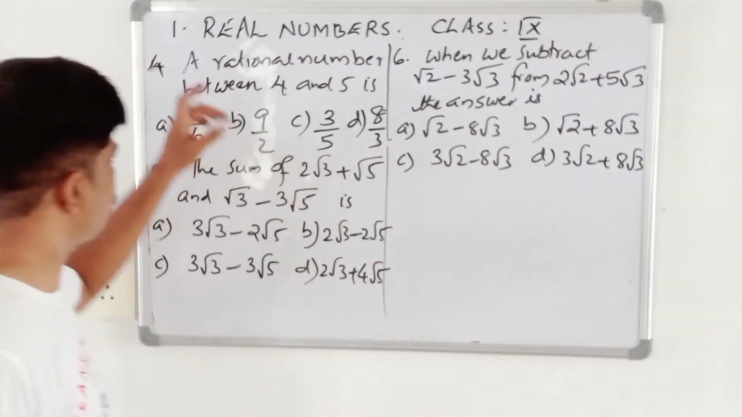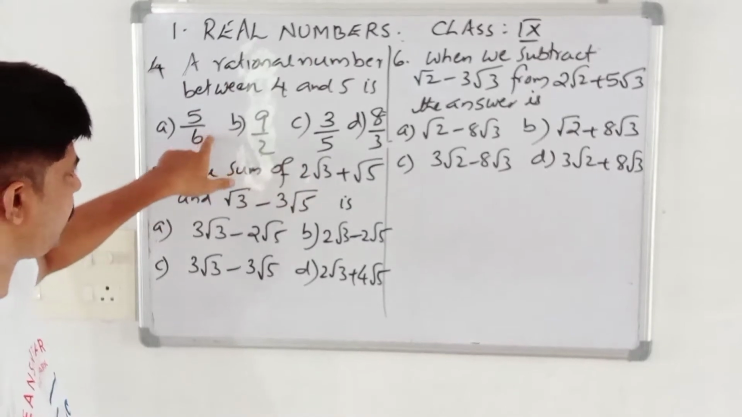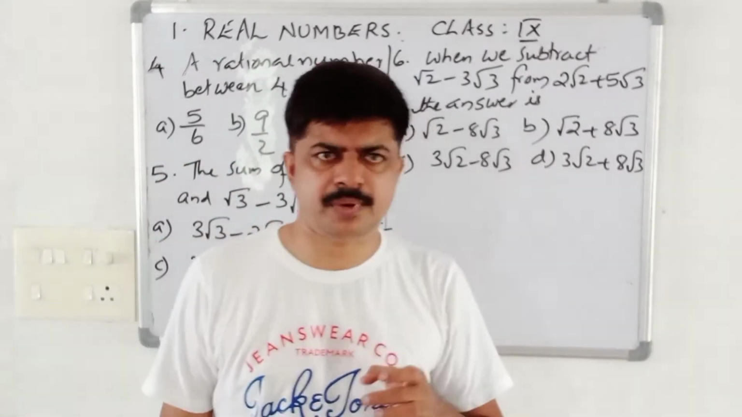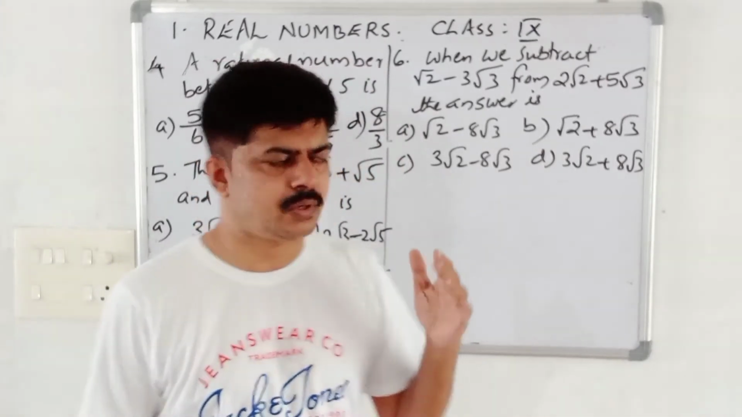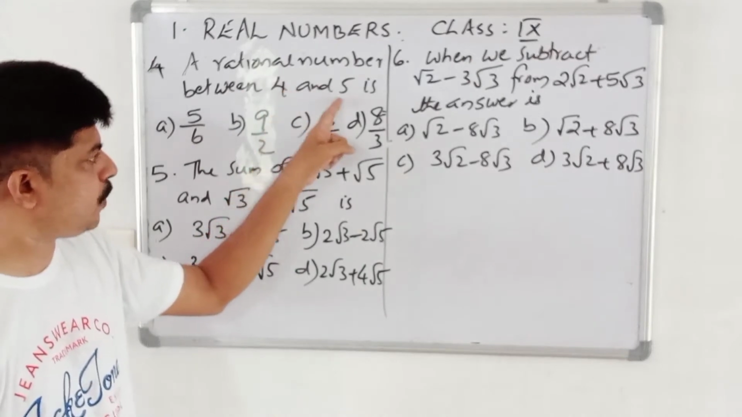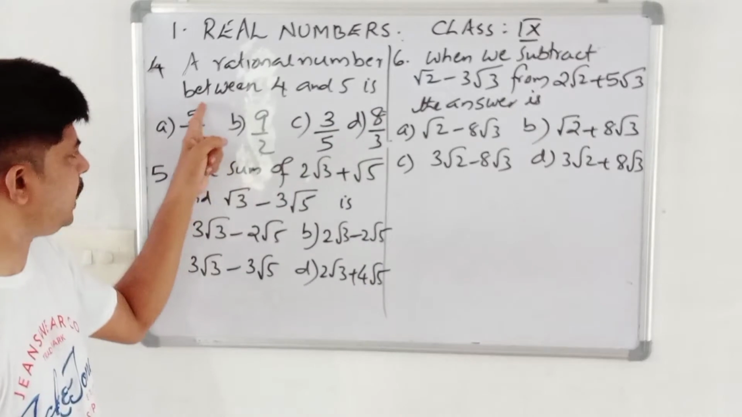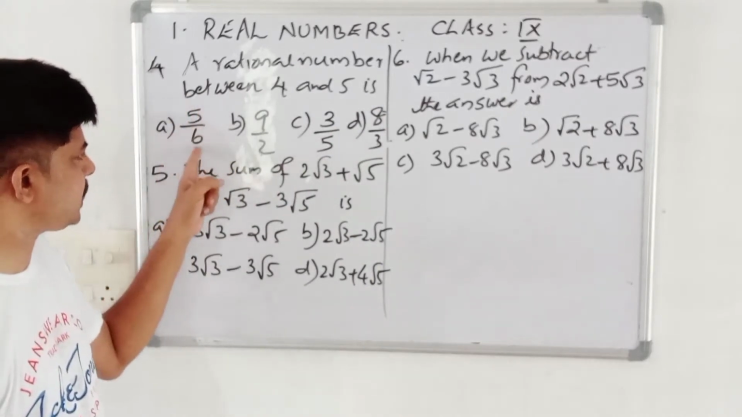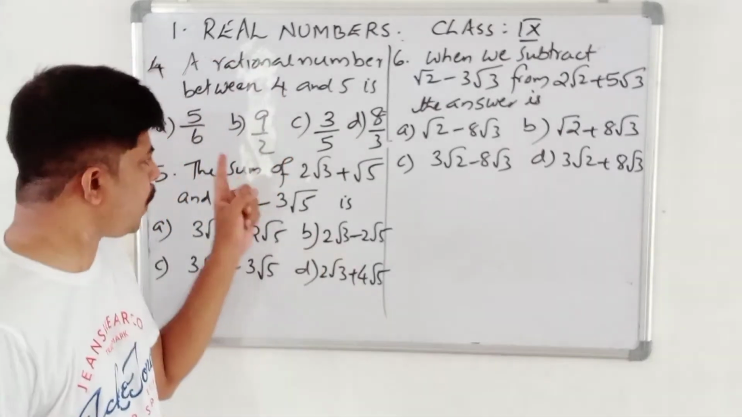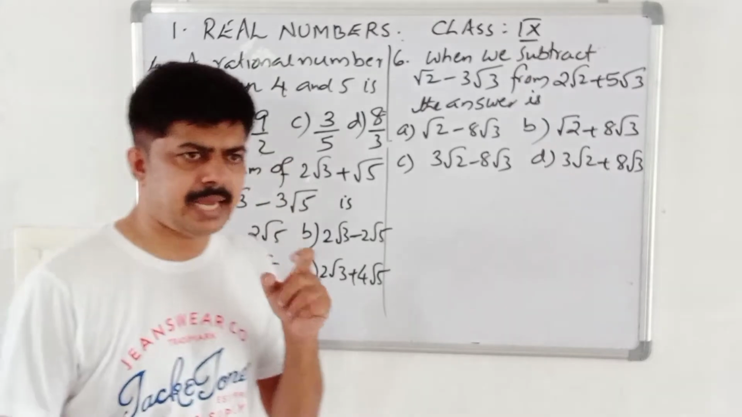Okay, here is the next question. A rational number between 4 and 5 is 5 by 6, 9 by 2, 3 by 5, 8 by 3. A rational number between 4 and 5 means the answer will be 4.1, 4.2, something like that. This is definitely an improper fraction. Therefore, 5 by 6 is not the answer, because 5 by 6 is 0 point something. It is a proper fraction. Then let us try 9 by 2. When you divide 9 by 2, we know that...